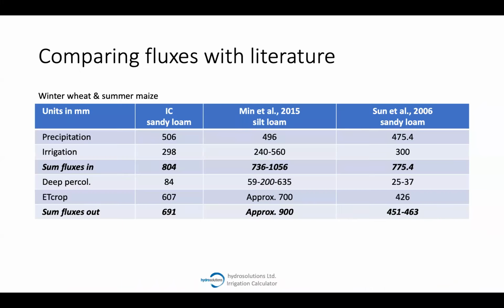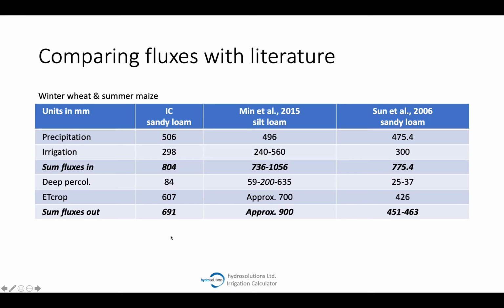Now we come to the comparison with the literature. Here we have a winter wheat and summer maize double cropping scheme. This is very typical for the North China Plain. We calculated the annual water balance with the irrigation calculator on sandy loam in this example, and compared it to two different